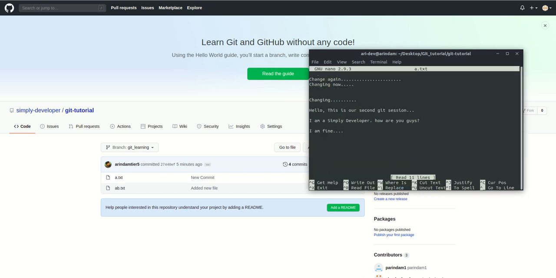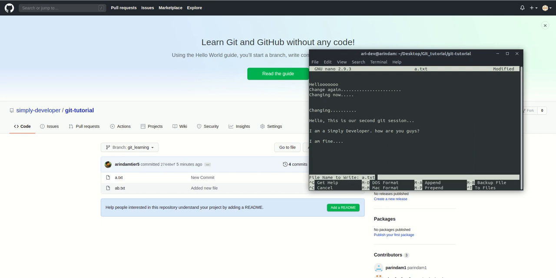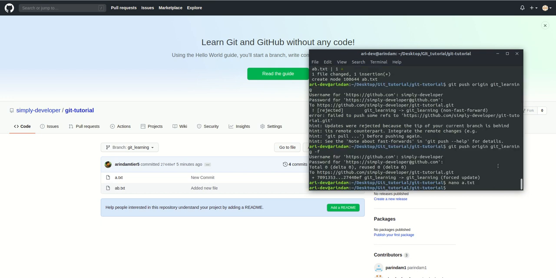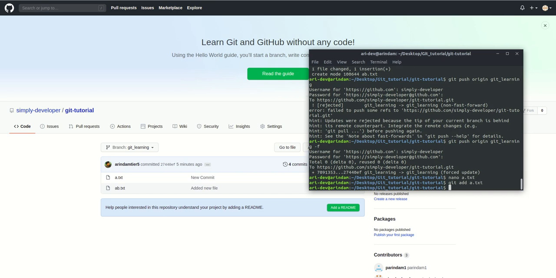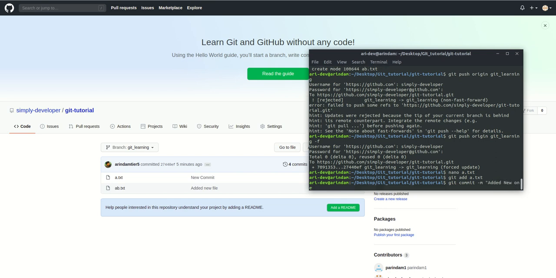Now you create a.txt with hello, okay, then git add this file, git commit -m "added new one". Please remember this commit, okay.